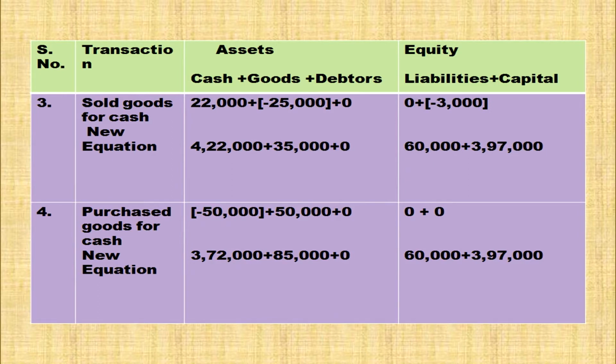Coming to another transaction, purchase goods for cash. Goods are increasing, so in the goods column plus 50,000. Cash is going, minus 50,000 in the cash column. The new accounting equation will come with cash 3,72,000, goods worth rupees 85,000 and liability 60,000 plus capital 3,97,000,